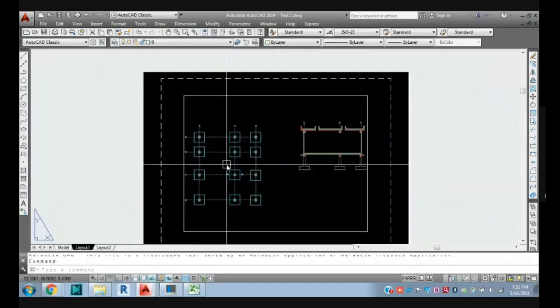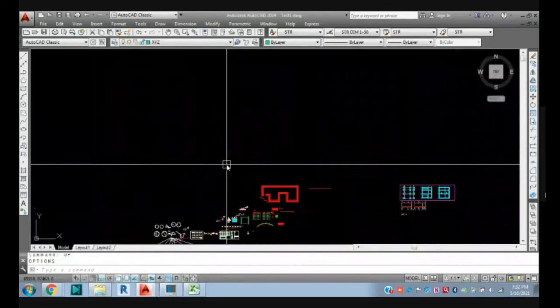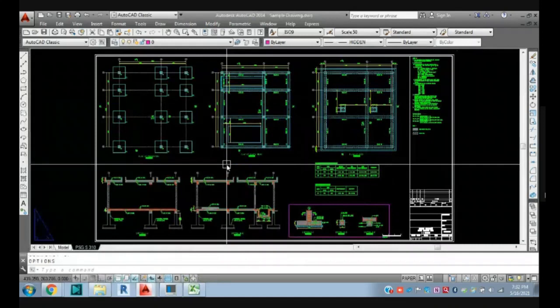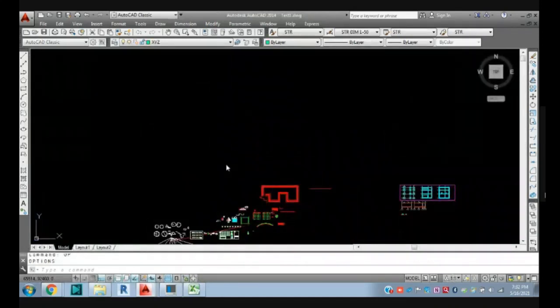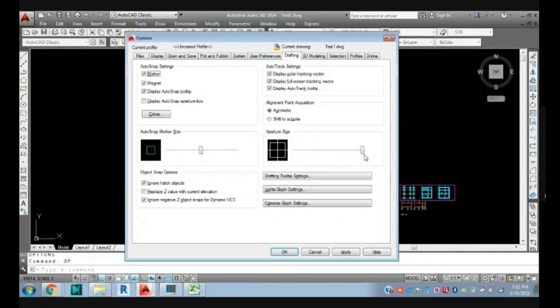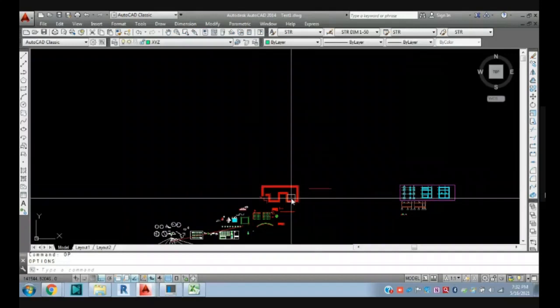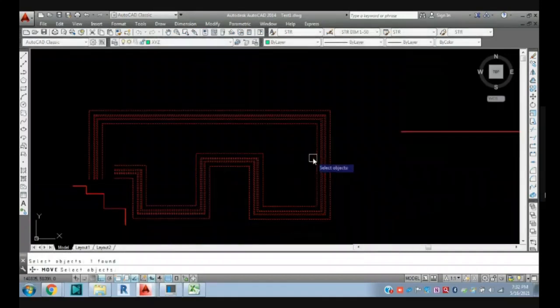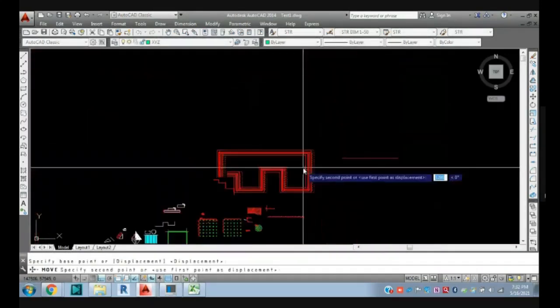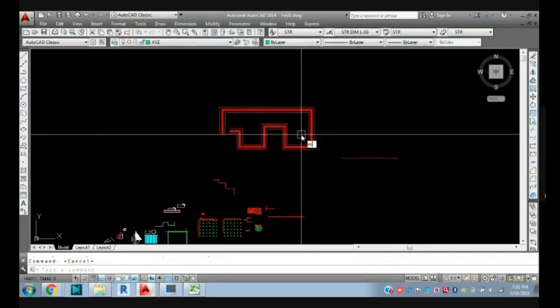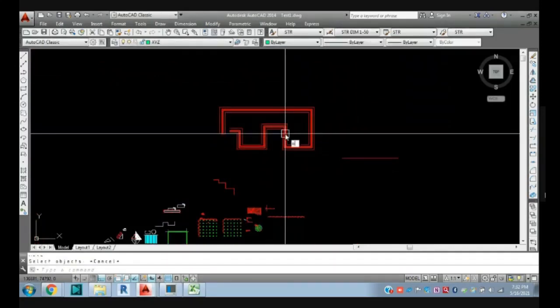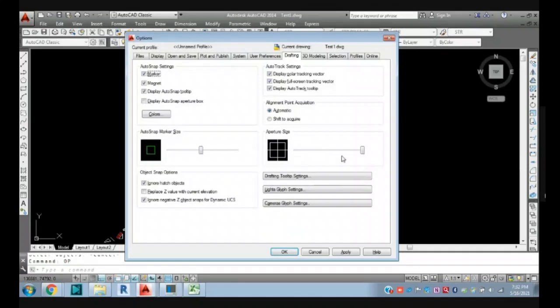This is a selection box, sir. The aperture box is the one that appears during selection, and the small icon becomes... no, sir, that is the aperture box. No, no. If I select this, it's a pick box, right? That big box is the aperture box, sir. This one? Just a minute.